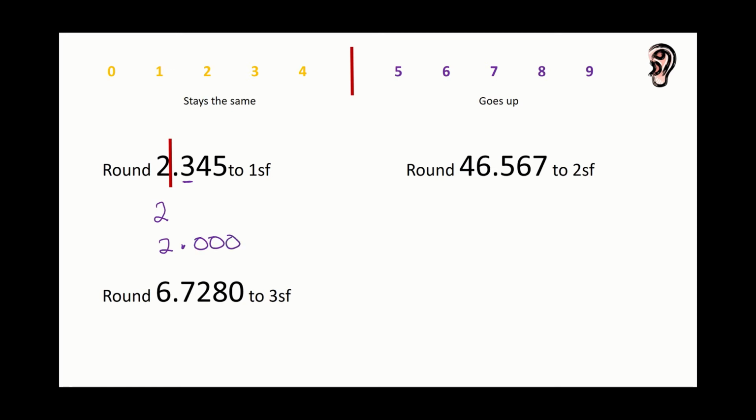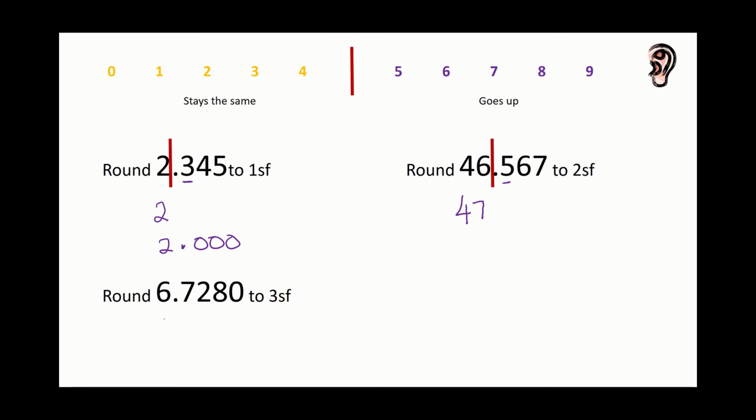2.000. This is different from when rounding to decimal places, where you do need to include the number of places after the decimal. To round 46.567 to 2 significant figures, we place the line after the second number from the left. The 5 decides, so the 6 goes up to a 7. Again, we do not need to add the zeros as they do not make any difference to the value of